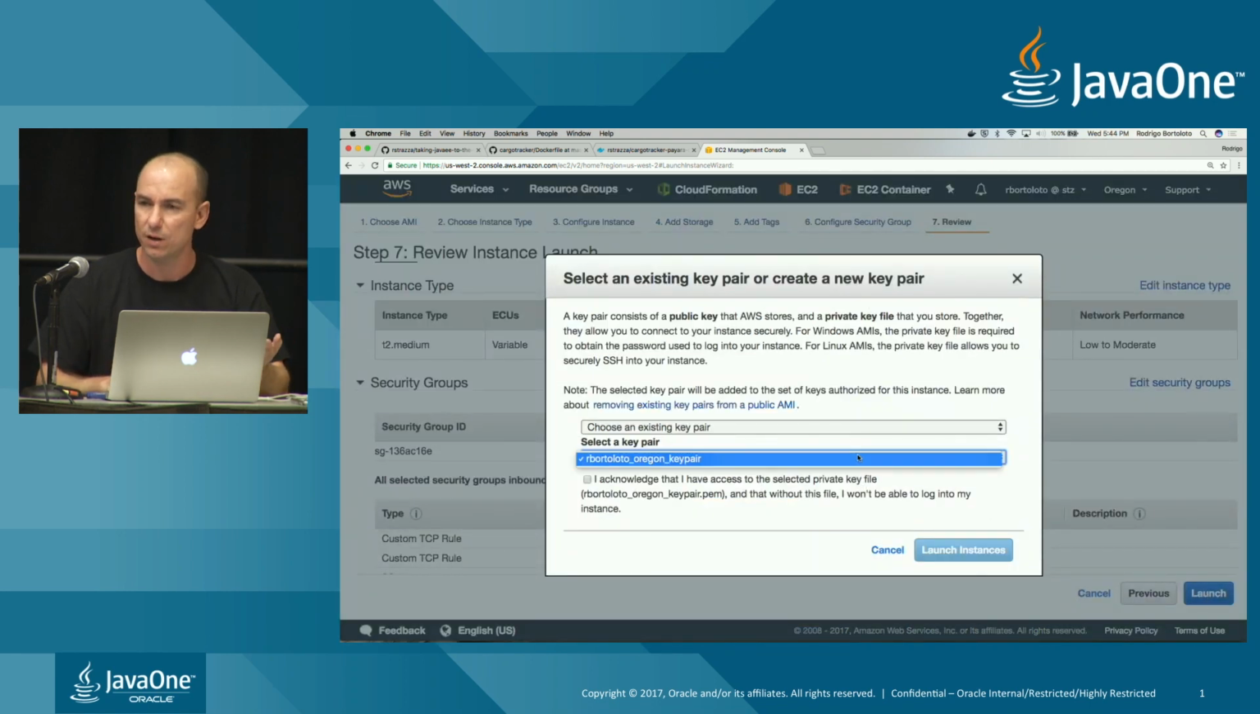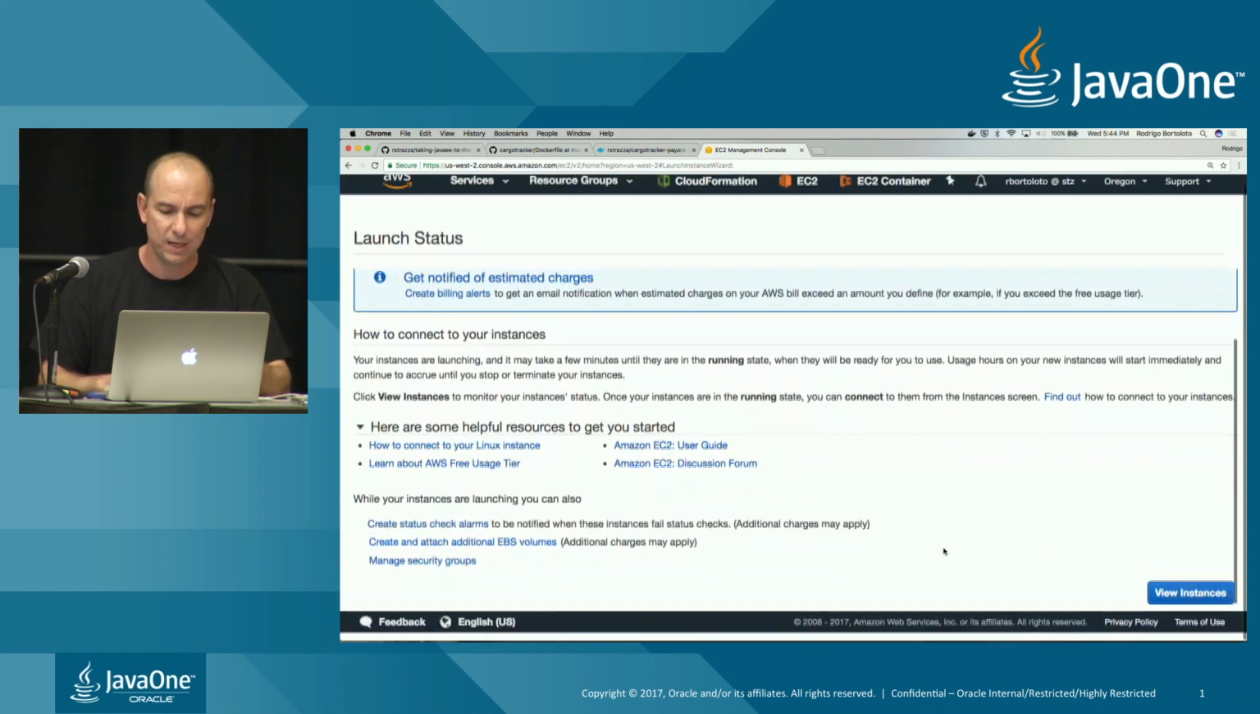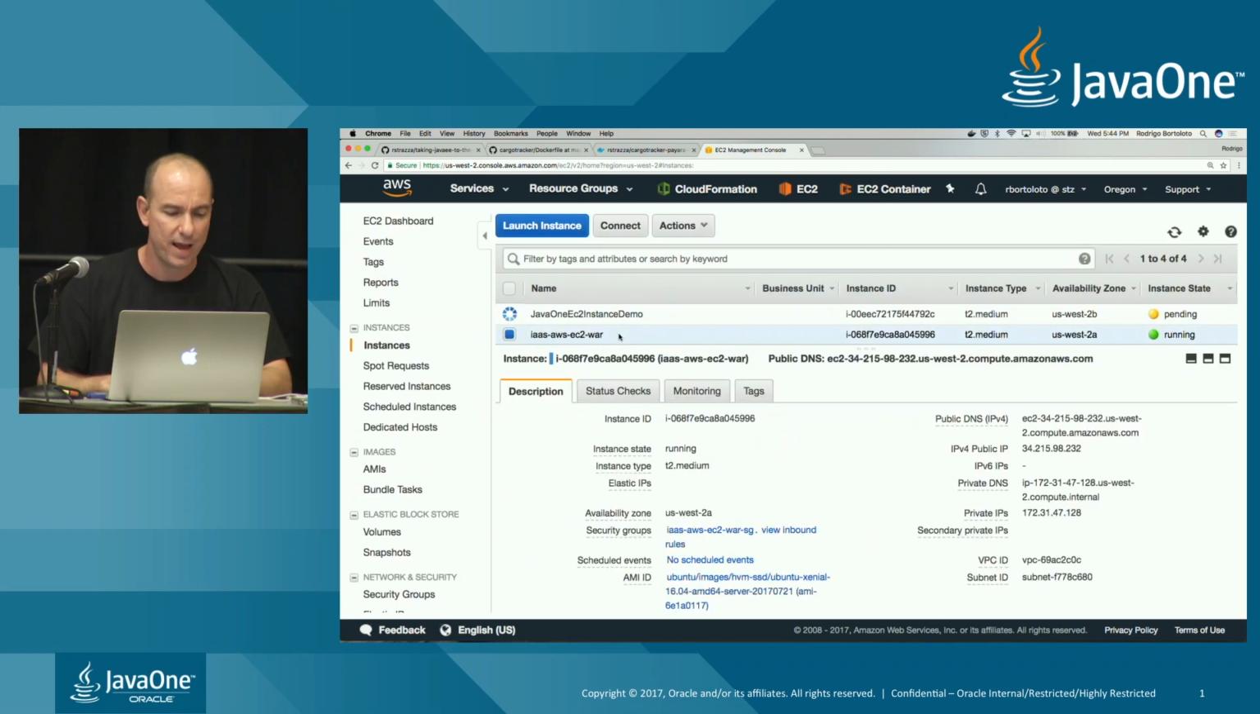You need to have your PEM file so you can later on SSH. You say launch, and AWS will do something behind the scenes. Obviously, for interest of time, I already have one that's pre-configured. It's already up and running. And now that I have exposed that IP address,